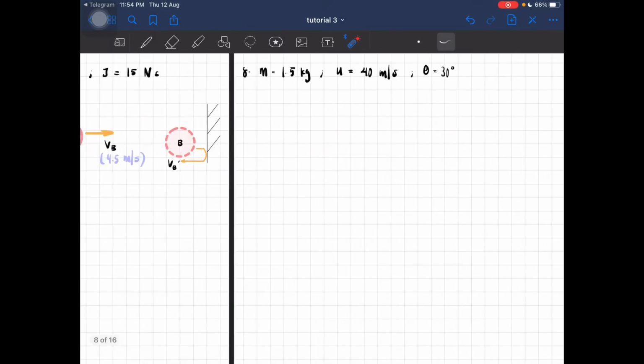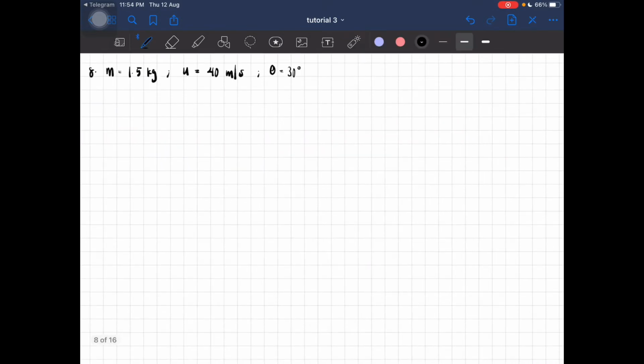Okay. So, we know that momentum can be calculated using the formula mass times velocity. Okay, so the initial velocity is u, which is 40. 1.5 times 40 will then get the initial momentum to be 60 kilogram meter per second. Okay, so that is the initial momentum, and then we know that the momentum is